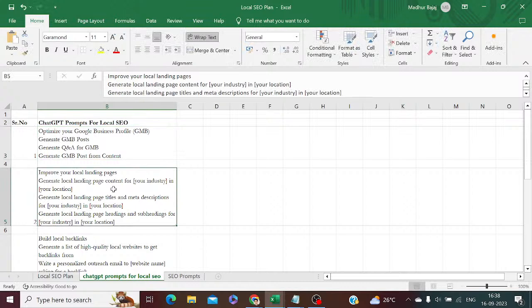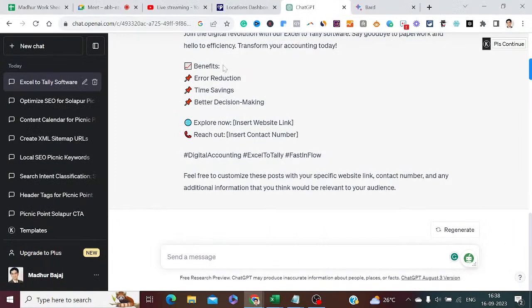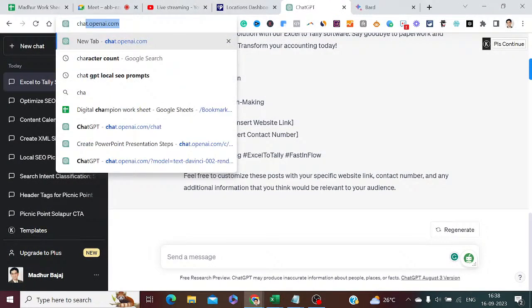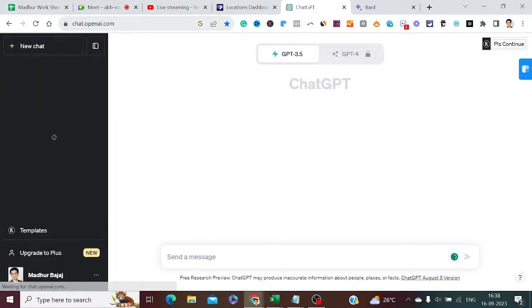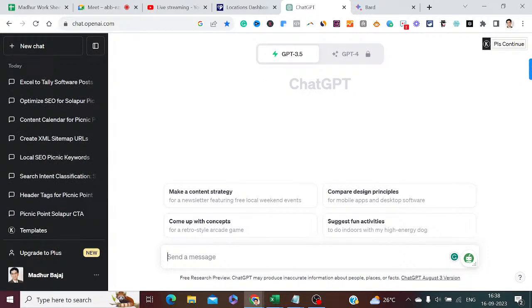For example, it is telling me, okay, the next prompt is improve your local landing page. Generate local landing page content for your industry in your particular location. Let's try this particular prompt here. So I open this prompt here. Now once I enter this prompt, generate local landing page content for your industry, I'll say for